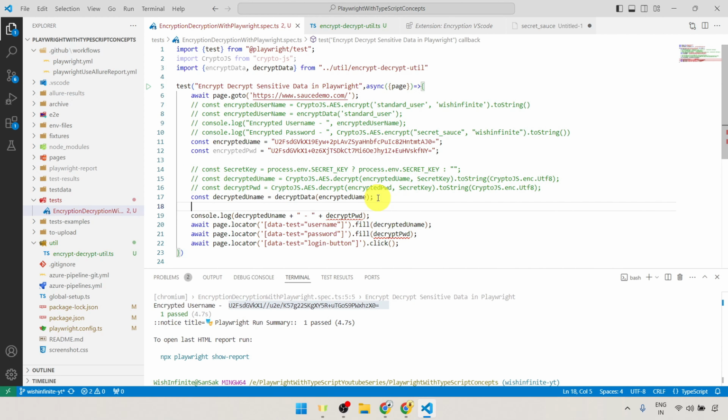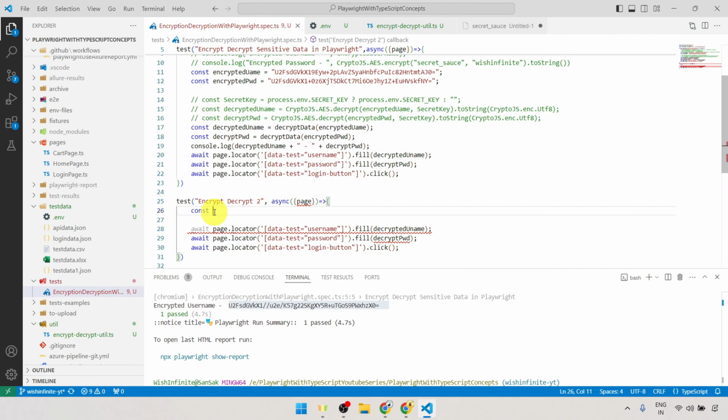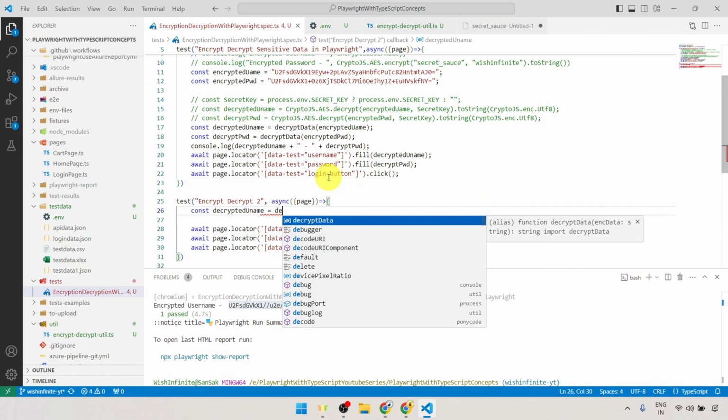And for that, again, we can use our utility, right? We need not write this code again to decrypt data because we have already created the utility here. So here we have already created this decrypt data function. Now we just need to simply use it. So const, any variable name which you want to use here. I will use the same name, equals to